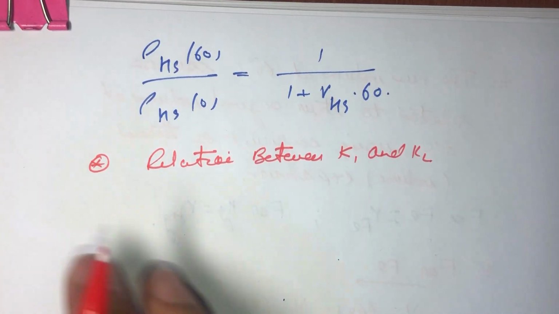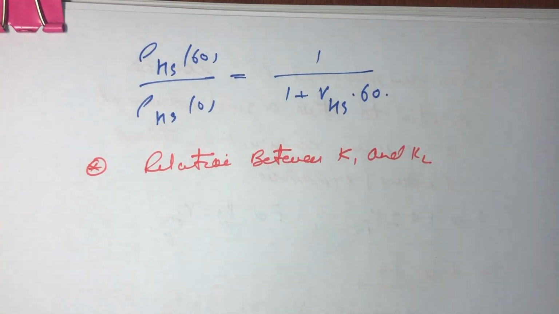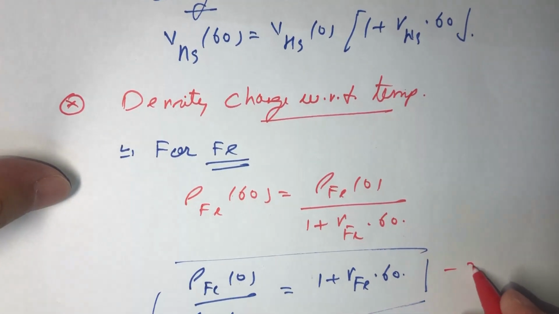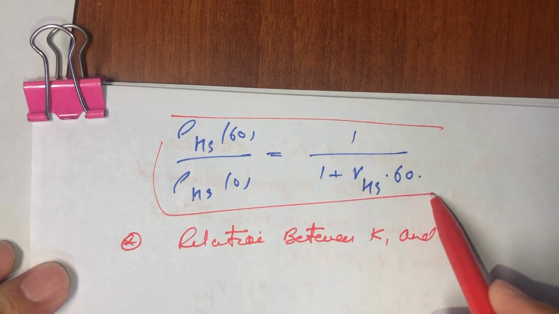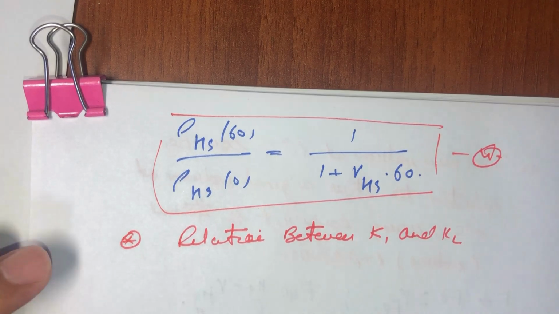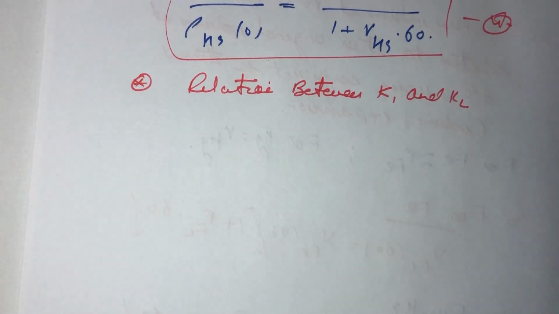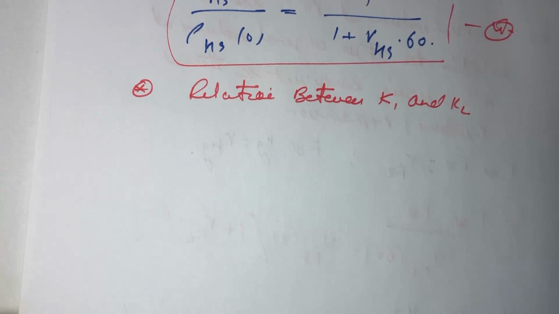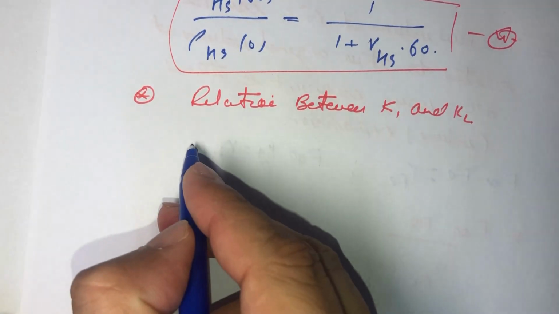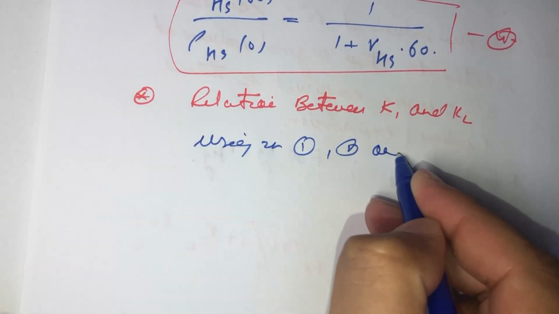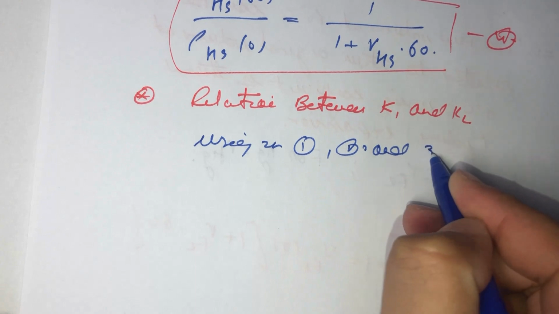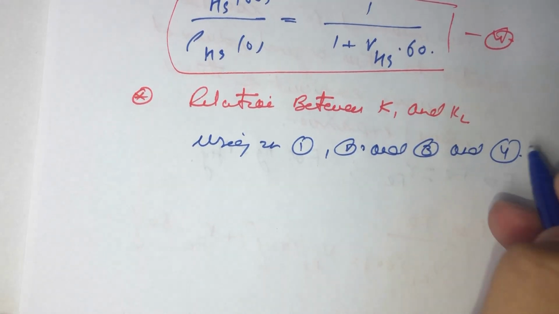Along with equations 1 and 2, we are going to use two more equations, let us call them equation number 3 and equation number 4. So using equations 1, 2, 3 and 4,